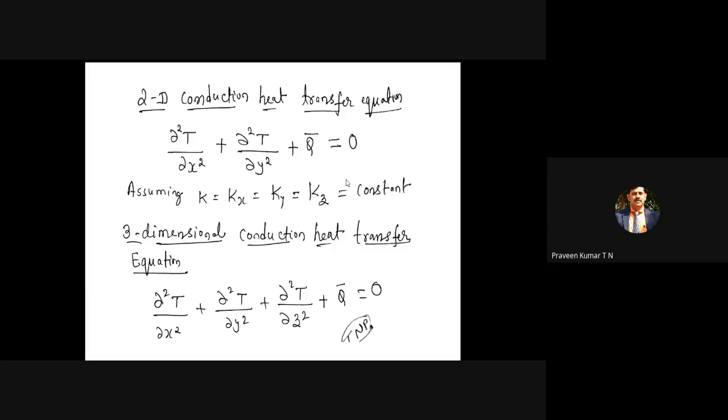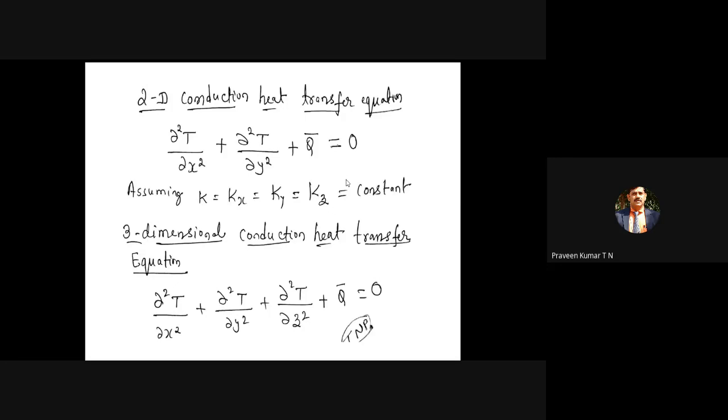When you say two-dimensional heat transfer, you have to remember two things. One is that there is a heat flow along the x direction as well as the y direction. There may be a small amount of heat flow along the z direction also, but compared to the heat flow along x and y, the heat flow along z is minimum, or very, very negligible. Hence, you assume that there is no heat flow along the z direction. A temperature exists along z, but the variation of the temperature along the z direction is zero. But in two-dimensional, there is heat flow along the x and y directions, so there is a variation of temperature along both.